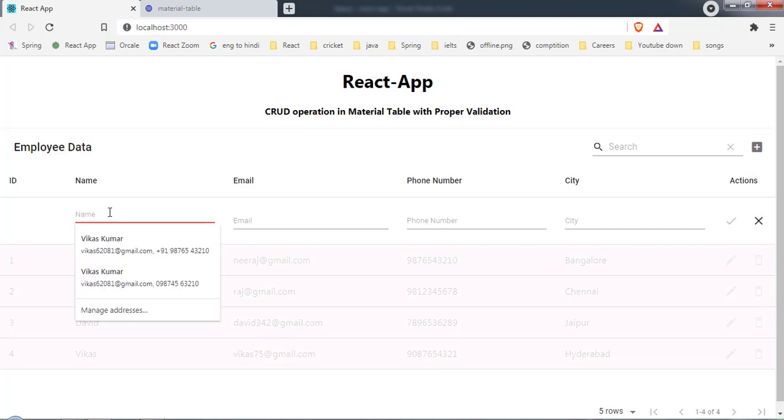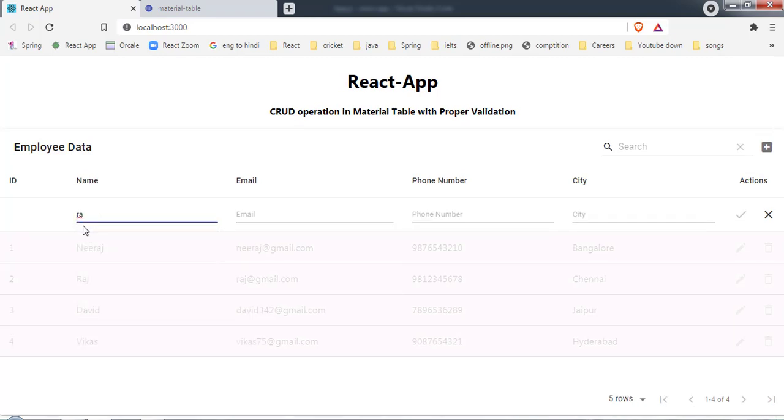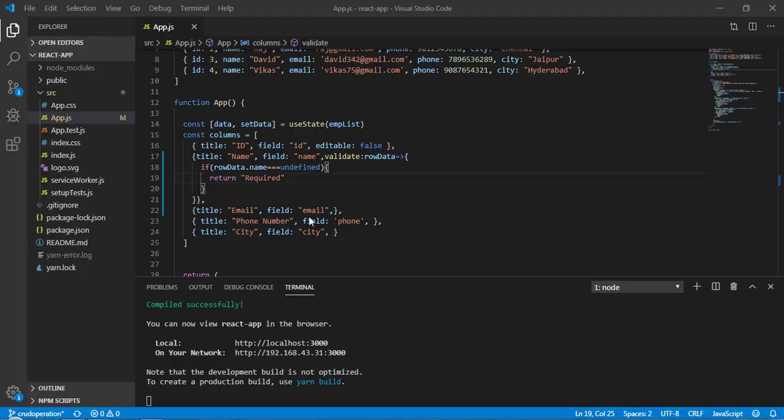Now let's start filling this form. Here we are not getting the message anymore, but now I removed the text, and still I can't see this required. So for that, we have to check another property: or rowData.name, and here I will validate whether this value is empty or not.